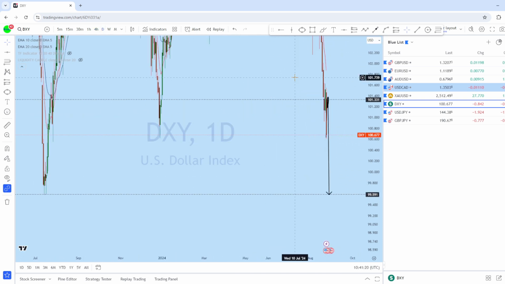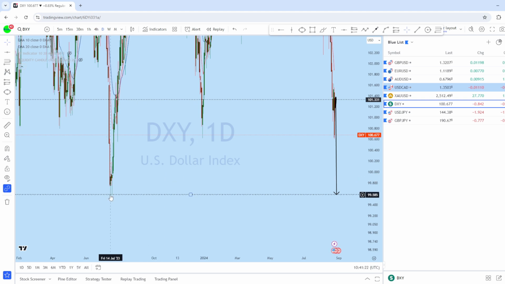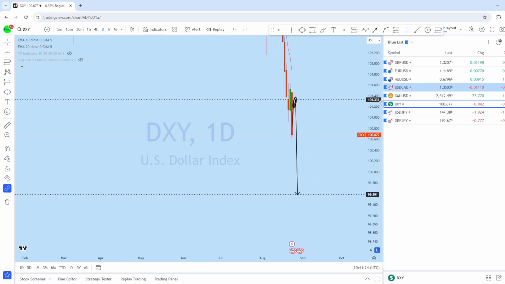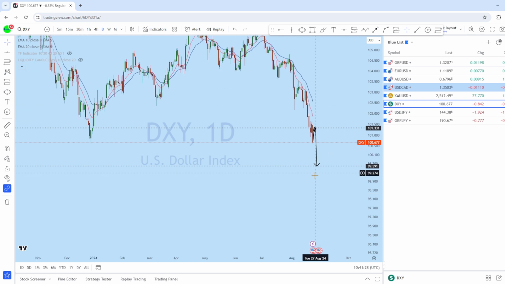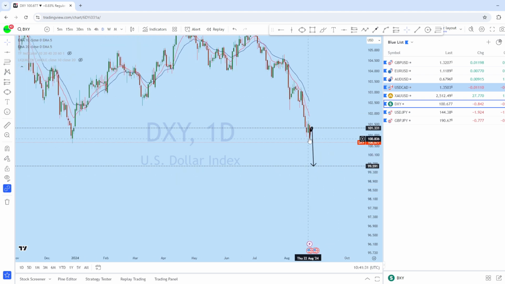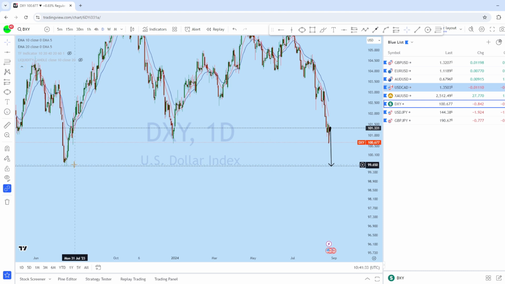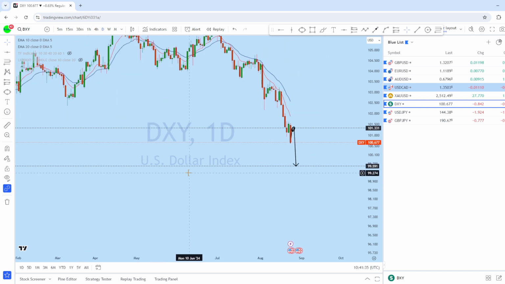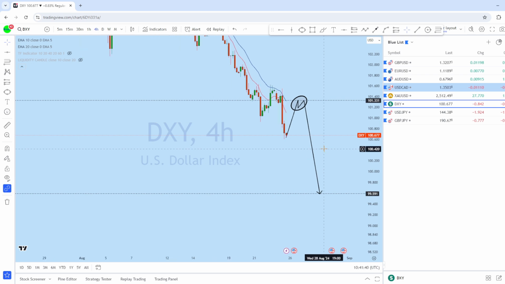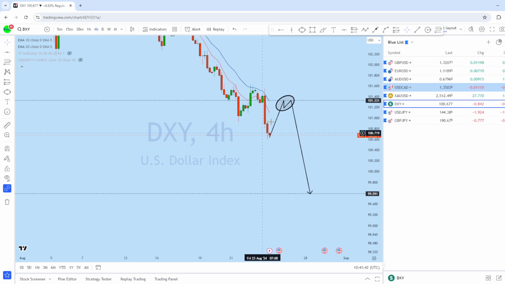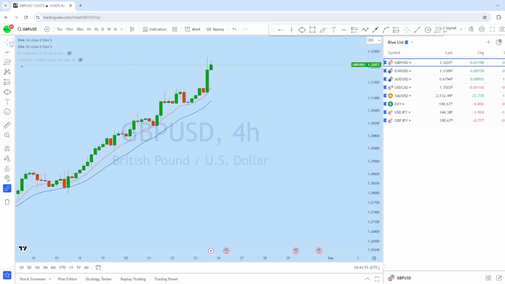Now if we look at the higher time frame, we can see that this is the daily support, and ultimately we can expect DXY to drop back to the support level as the market closed below this level, and we may see it ultimately dropping down to this support. So there is a possibility of further downside on DXY, but at the same time we can expect a pullback to the neckline. Now, based on that, let's look at USD pairs and how they might perform in this upcoming week,